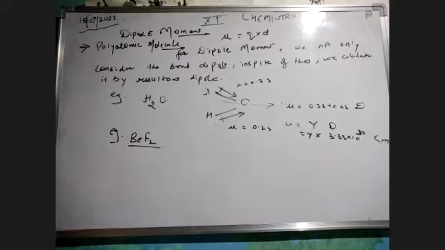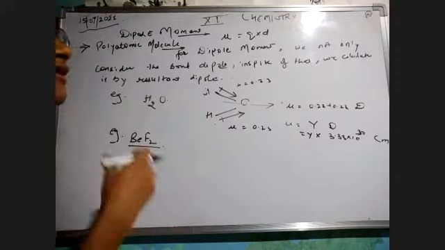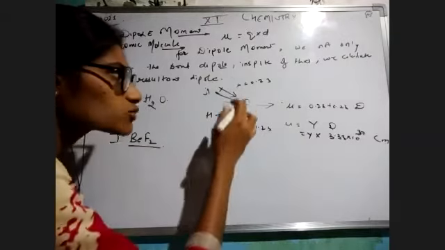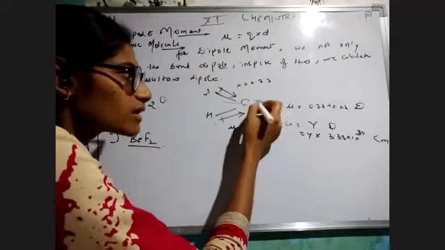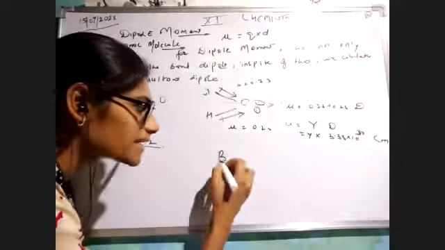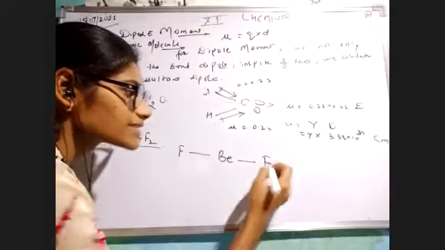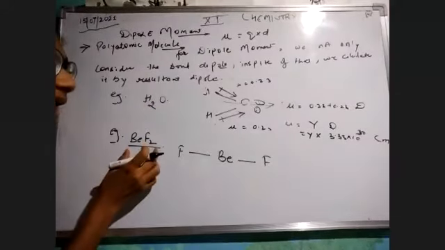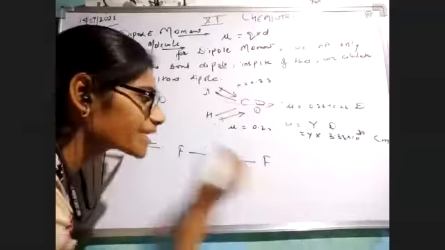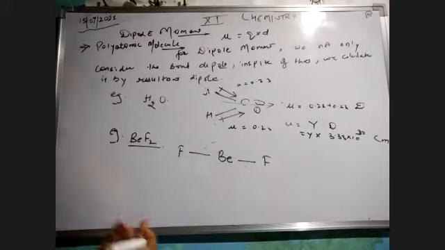Now, first of all, whenever we need to calculate dipole moment, our first purpose should be to represent its structure. For example, if I'm talking about water, hydrogen, oxygen has a lone pair. So this is the actual structure. But in BeF2, beryllium is the center atom and the fluorines are present in this way. That means the structure of beryllium fluoride is a linear structure with an angle of 180 degrees. But right now just do not worry about the structure. I'll tell you how to calculate the structure in the very next class.